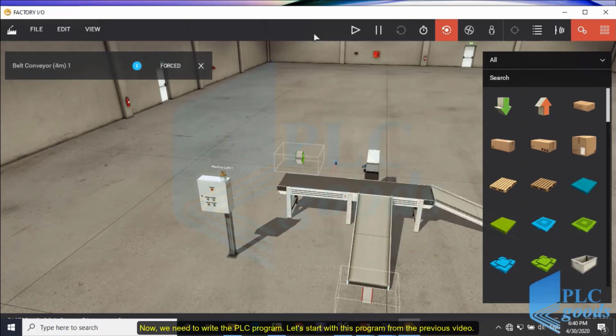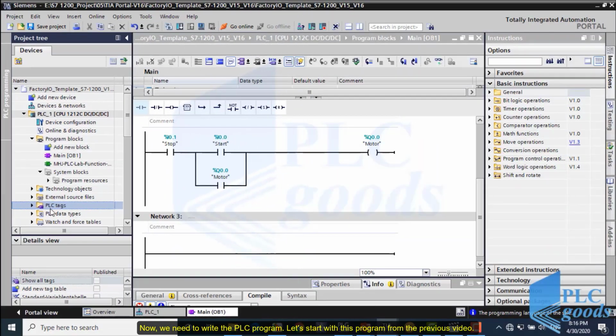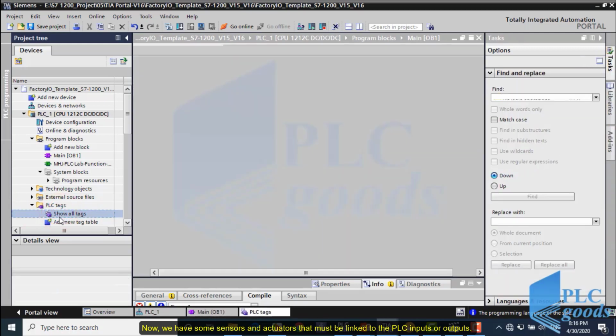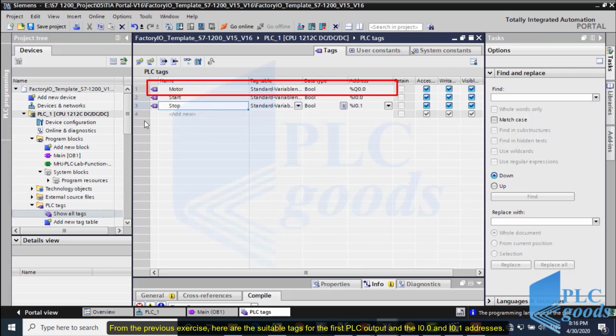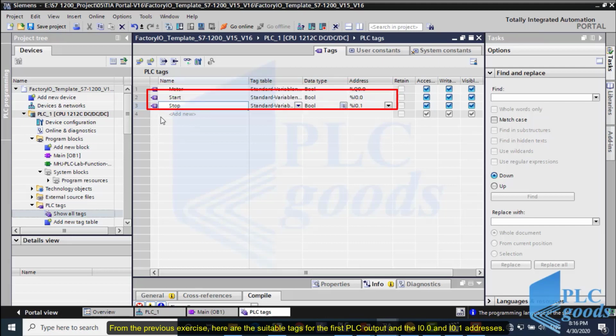Now we need to write the PLC program. Let's start with this program from the previous video. Now we have some sensors and actuators that must be linked to the PLC inputs or outputs. First, let me define suitable tags based on the name of these devices that are used in the design planned by the Factory IO. From the previous exercise, here are the suitable tags for the first PLC output and the